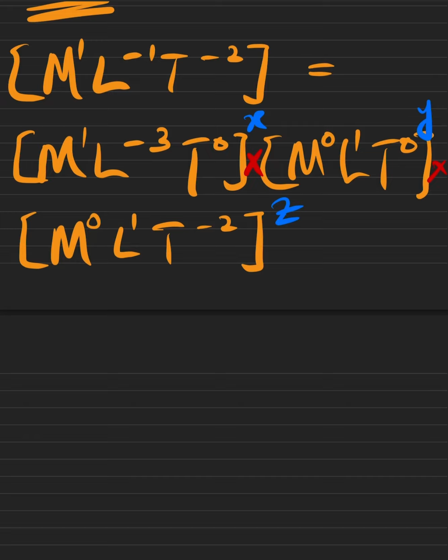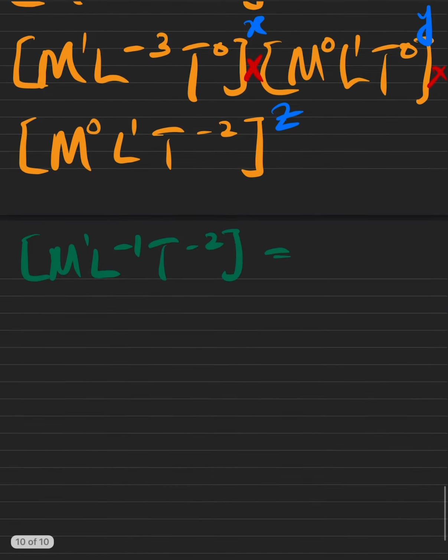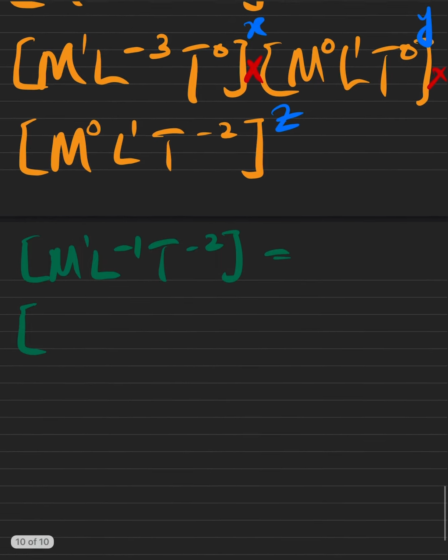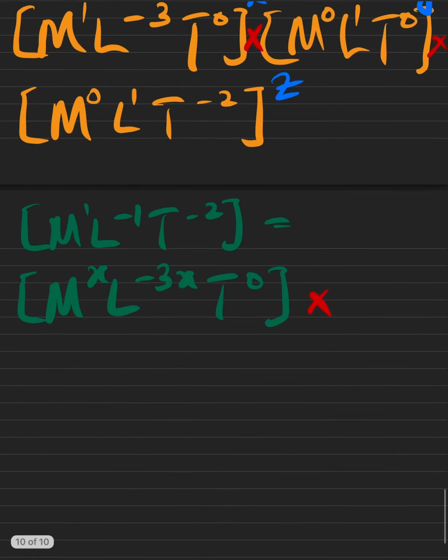The left hand side does not have any problem for now, so just drop it. So you are going to have M L, I'm just repeating the pressure, T minus 2, just like what we have there. So the first one is going to give us, take the x, the one that the power of x, use it to multiply. You are going to have M x L minus 3x, then T. If you use that to multiply the x, you are still going to have your 0, right? So please note that. Multiply it times the second one,